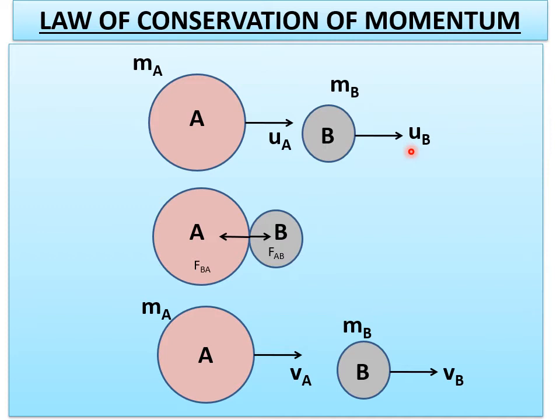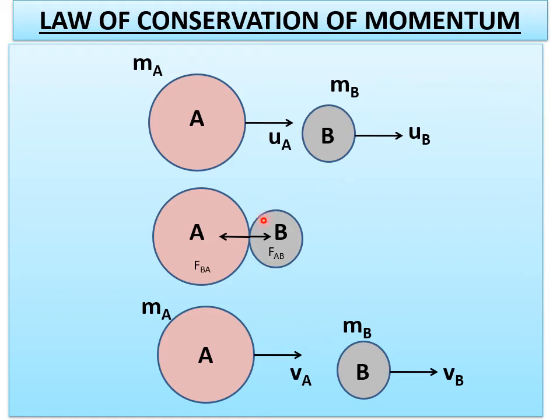Okay. Here one more point you have to remember is that depending upon the mass of the bodies, if you see the size you can understand the masses are different. So the size of ball A is more than the size of ball B. So the mass of ball A is more than the mass of ball B. Automatically, the initial velocity of ball A is greater than the initial velocity of ball B.